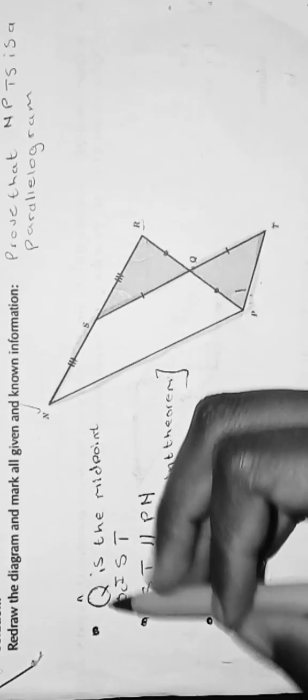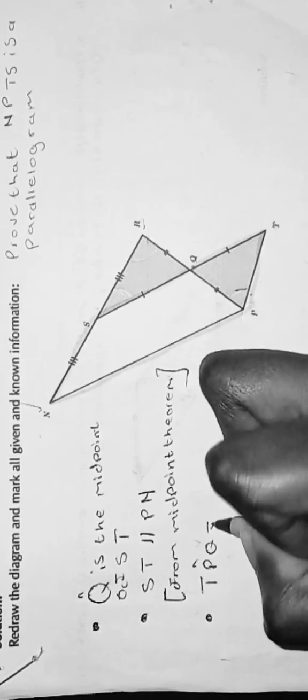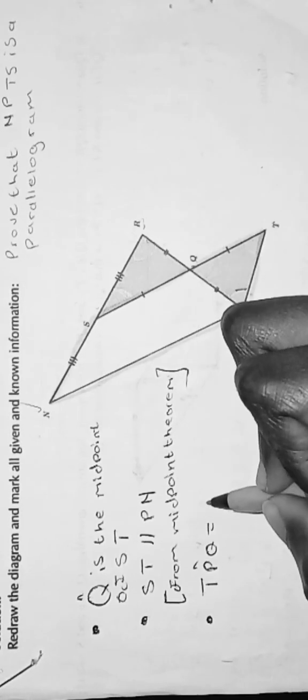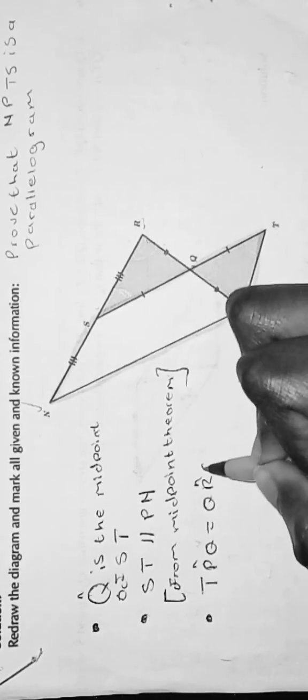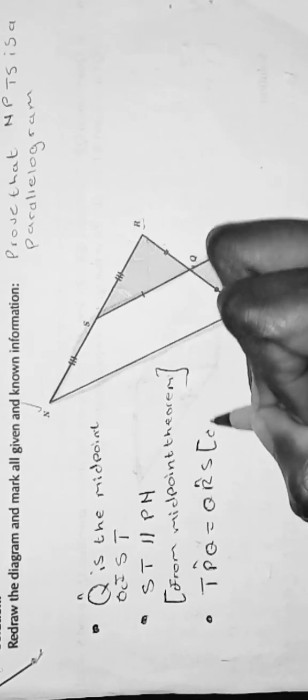So I'm gonna say angle P is equal to angle R, or angle TPQ is equal to angle QRS, which in case the reason will be corresponding